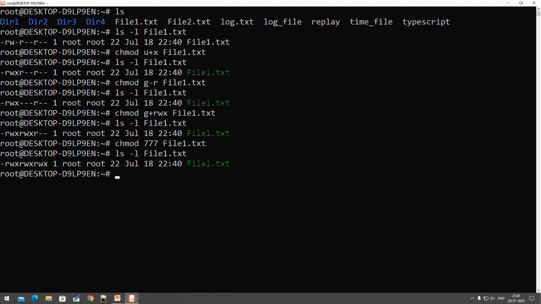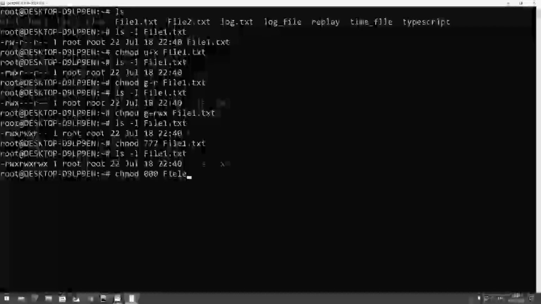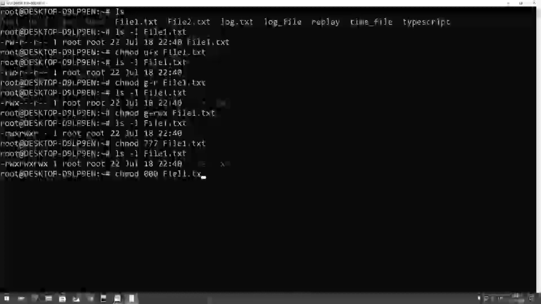Now suppose you want to revoke all three permissions from all the users, then which octal digit do I have to use? I have to use 0 here, right. So I can use chmod 000, the first 0 represents the user, the second 0 represents the group, and the third represents the others. Then after that the file name, so file1.txt,